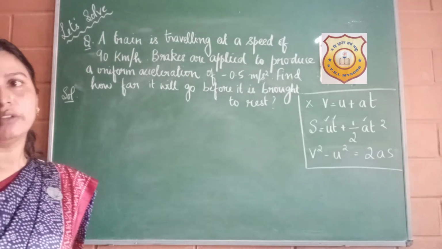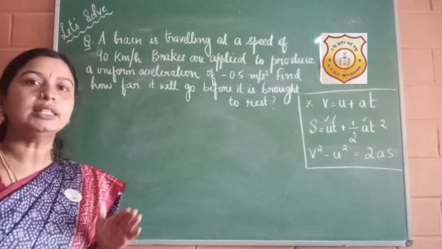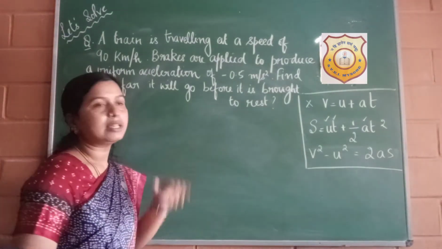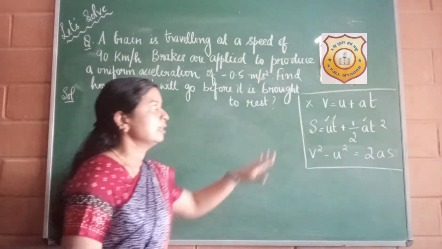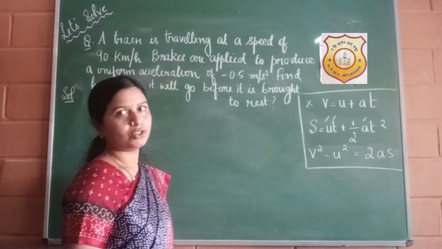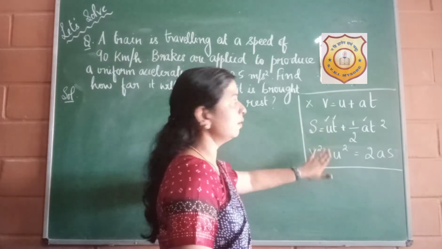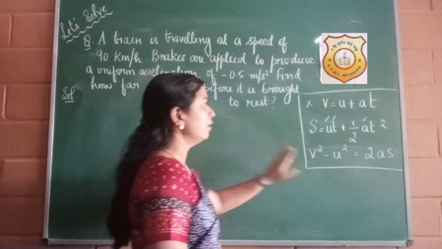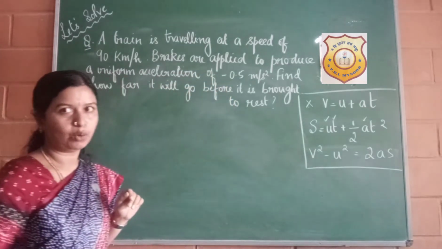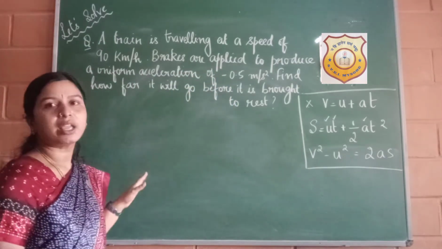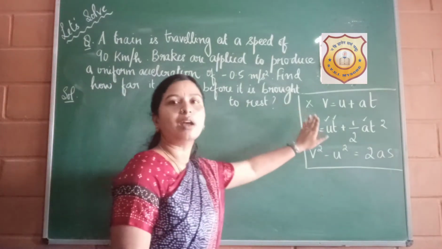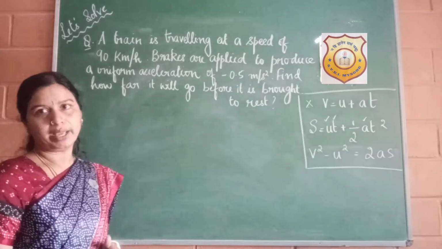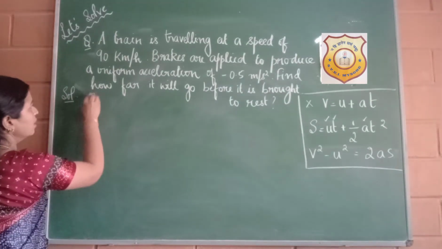From the question itself, we know that we have to find the distance travelled by the train. As I told you in the previous class, since we have learnt all the three equations of motion, we will write all the three here. v equal to u plus at, s equal to ut plus half at square, and v square minus u square equal to 2as. After checking the given quantities, we will find out the appropriate equation to be used for this problem and then go ahead. Alright? So given